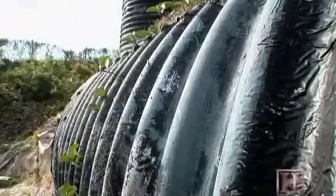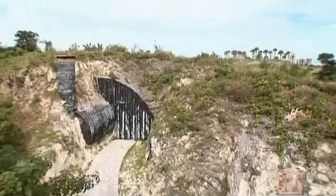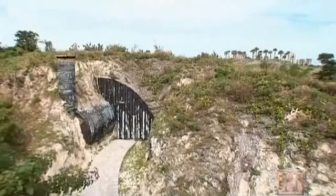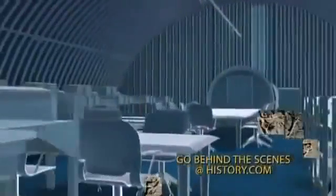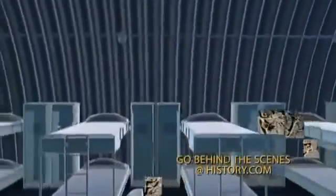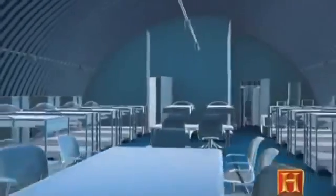After JFK's assassination in 1965, it would serve no further purpose. Having lain empty for more than 3 decades, it can be visited today by special appointment. We can now reveal what the bunker would have looked like when it was operational. With a main room of only 800 square feet, this startlingly simple bunker, equipped with office and communication facilities, was the only thing that stood between the president and the dangers of nuclear fallout. As soon as the immediate threat had passed, the priority would have been to speed the president onto a war